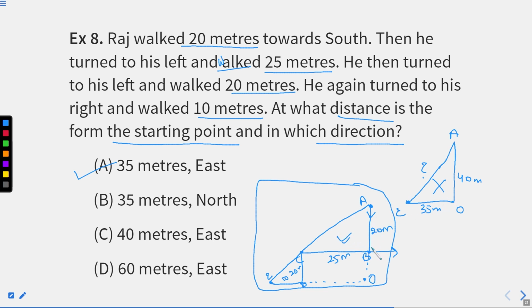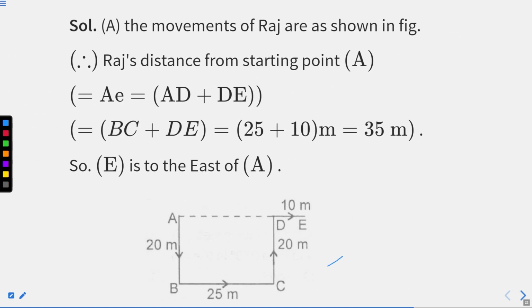That is why I made a simple mistake here, right? But what exact diagram should be from point A to B, B to C, C to D, and D to E. Point A, point B, point C, point D, and point E. I hope this part is clear now, right? You can see here in the diagram. So our option number A will be our answer, right? I hope this question is also clear.